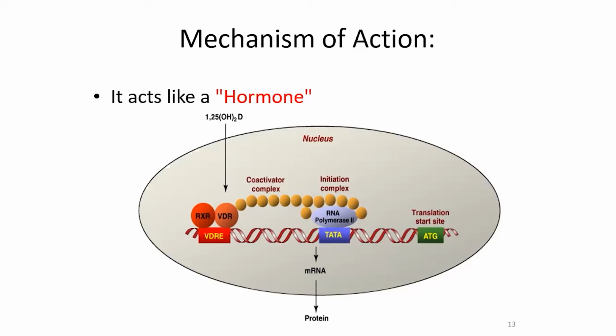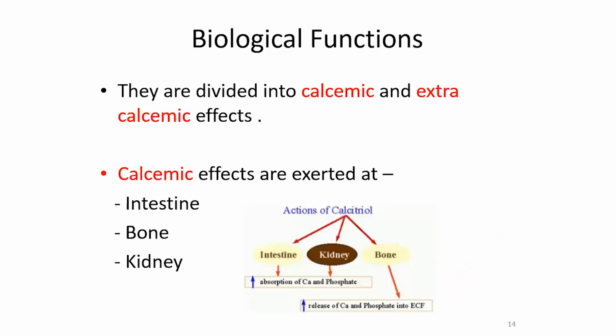That is, this particular vitamin combines with vitamin D receptors, which can directly act on the DNA. From there, through transcription, it forms its respective mRNA. That particular mRNA later enters into the process of translation to produce its respective protein, that particular protein being calbindin. Okay, we'll come to that in a later slide.